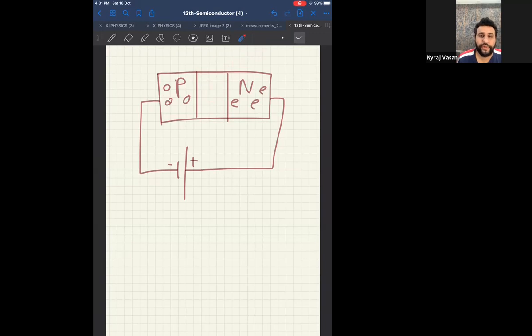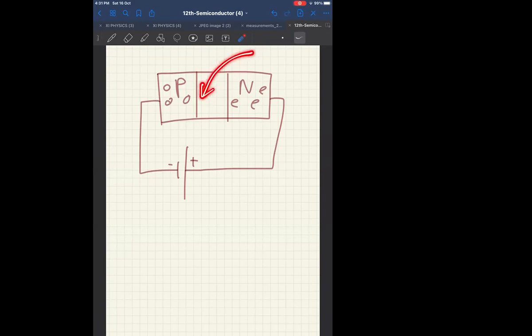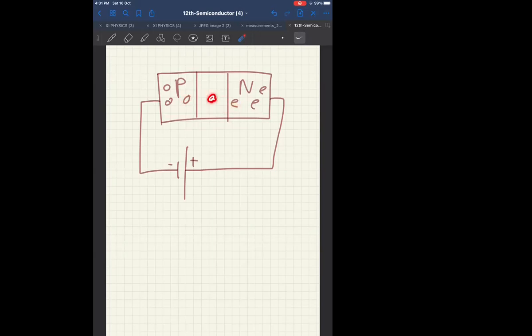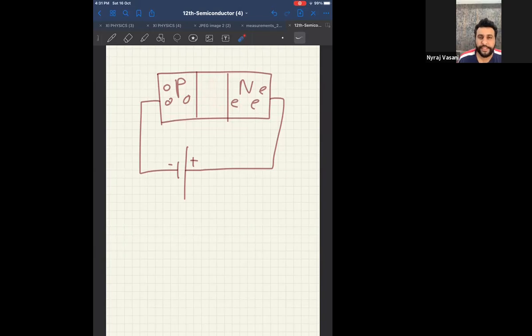Can I say light is a form of energy? Therefore, when light enters the glass panel, holes and electrons get additional energy because of the light. And what happens when holes and electrons get additional energy? They start moving towards each other and they recombine. And once they recombine, a little bit of current is generated.